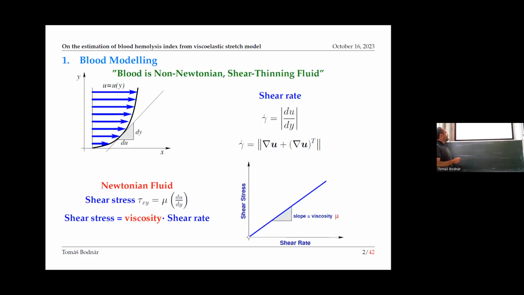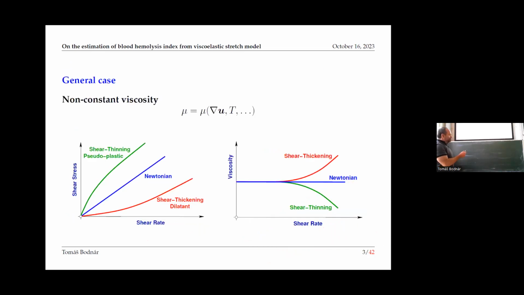So this is how the blood behaves. If you try to convert it into equations, this is really too elementary probably. So you can play with the shear stress versus shear rate for the Newtonian or generalized Newtonian fluids, where the slope of this curve is the viscosity. In case it is constant, we speak about Newtonian fluids, but for the blood, as mentioned previously, the behavior is more complicated. So the stress versus shear rate curve is